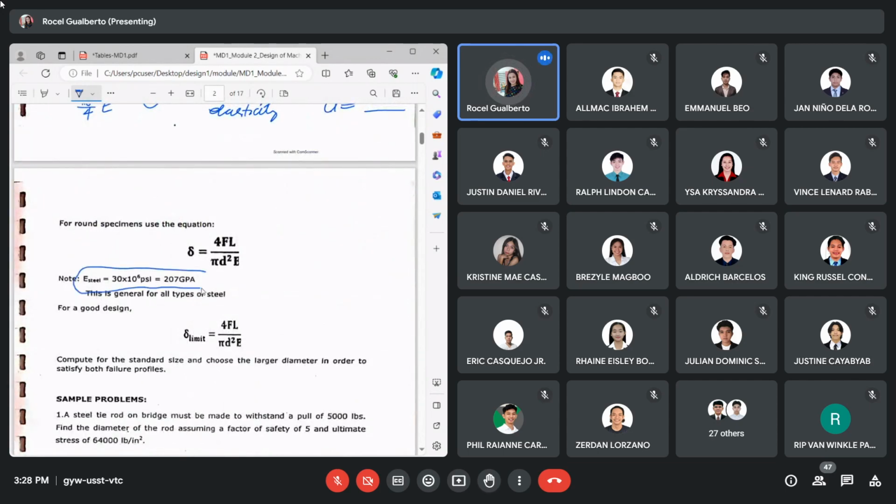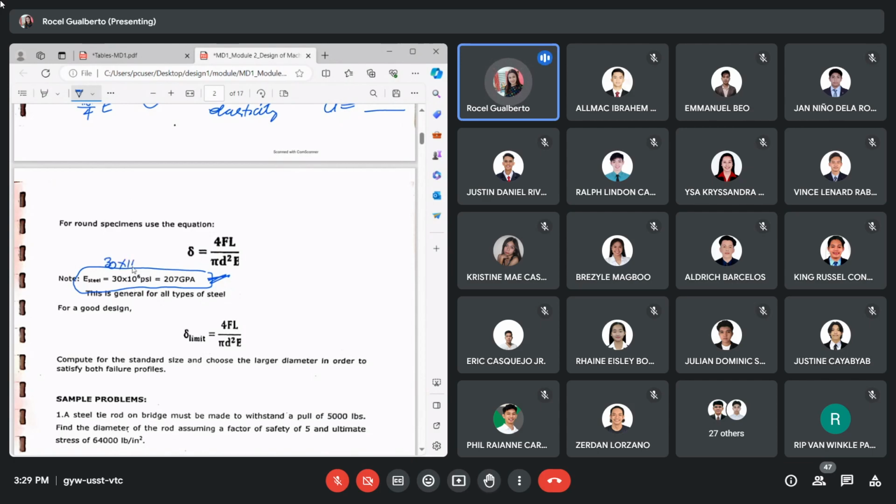Okay? E of steel is 30 times 10 to the 6 psi or 207 gigapascal. Okay? Kung hindi nyo po makita yung value, ito po yung gagamitin natin. Okay? This is general po for all types of steel. So whether it's a carbon steel, nickel steel, or chromium steel, or any other type po, ito po ay general value. Okay? Kumbaga, yun po kasi yung composition ng steel natin, it affects the value ng E, modulus of elasticity. So, kung wala po in particular dun sa binigay sa ating material, pwedeng ito na po yung ating gamitin. Okay? We can assume to use this value. Okay? And this is also